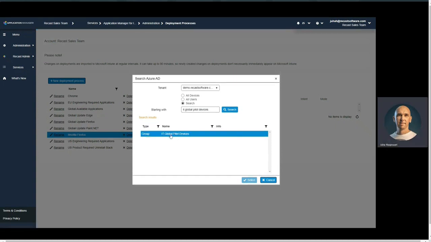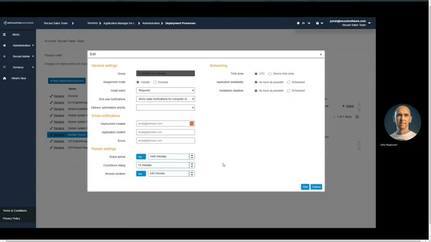Let's see if we are able to find it. Yeah. Here it is. So this is a group in our Azure AD tenant, and this contains all the pilot devices where I want to test that new versions are okay and we are able to use those in our environment. So I select this one, and then we will specify how do I want to deploy the application to